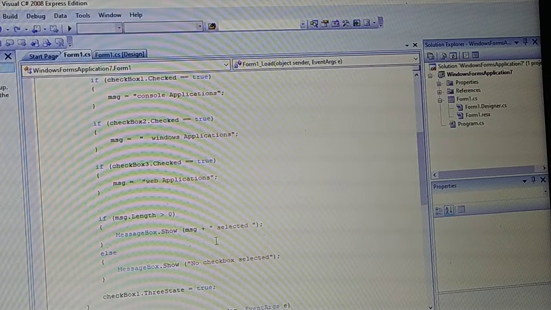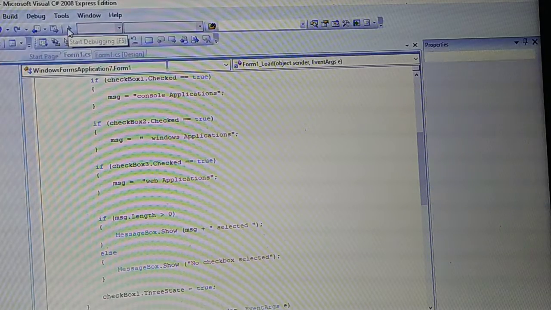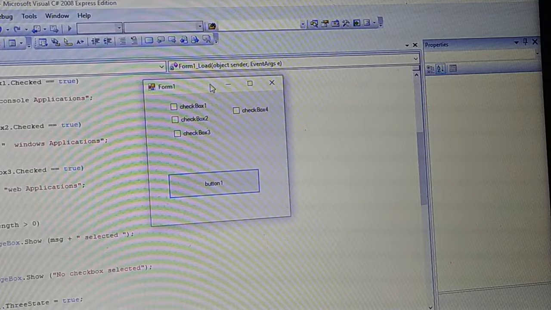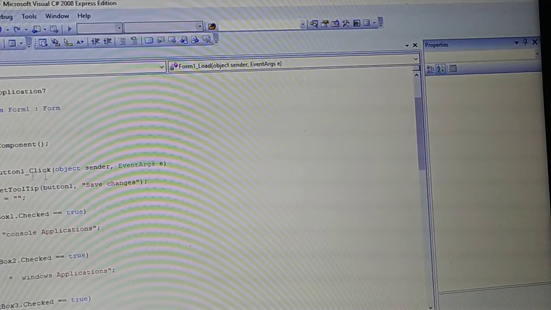If you do not select any of the checkboxes, you get the check, uncheck, and no check states. Let's run this program. See here, this is the output window. If I select this and click on the button, because I have written the code for the click event,